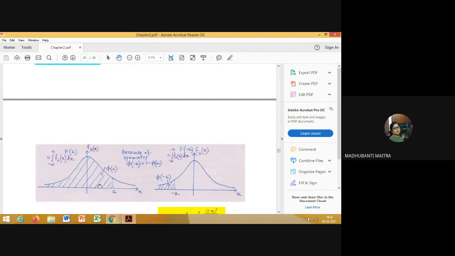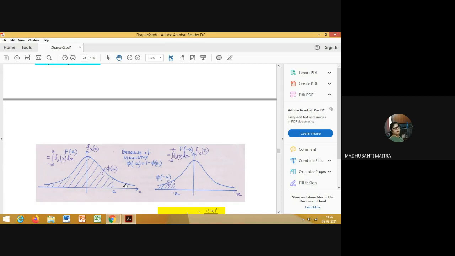So the area under the curve will give us the distribution function F of a, which is equal to the probability that x is less than or equal to a, where a is positive, right? Then 1 minus phi a is this particular unshaded portion,